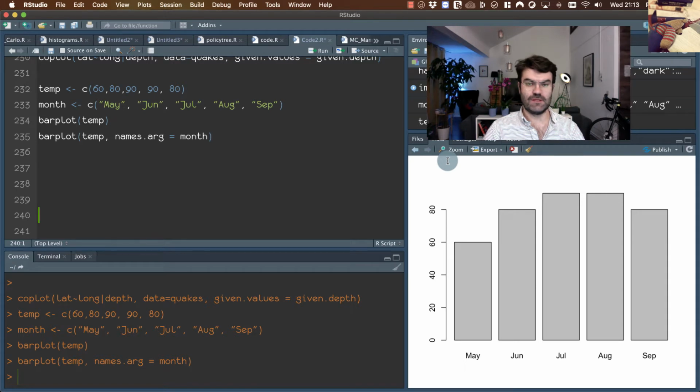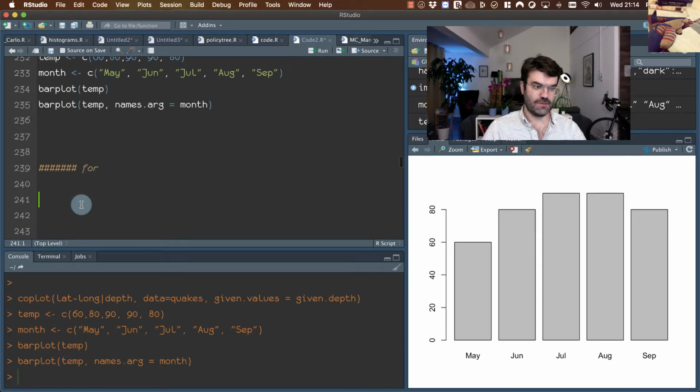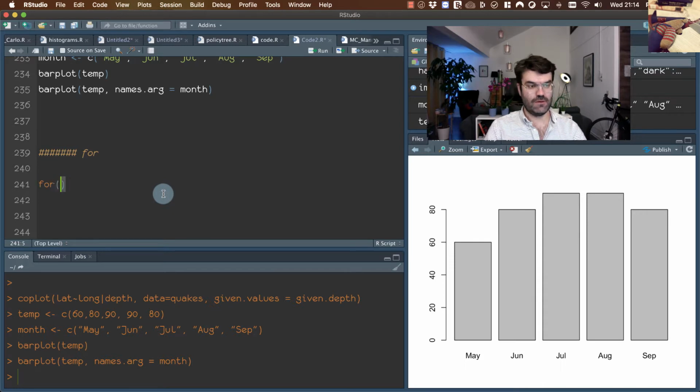Loops are a programming structure that allows us to repeat certain tasks many times, and we decide how many times. The most popular loop in R is the for loop. The structure is that we write for, and the block of code that we want to repeat, and as an argument of the for loop, we provide a so-called iterator, a variable which changes in every loop of